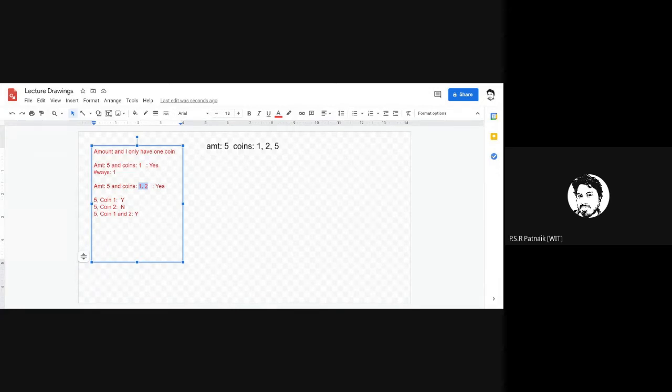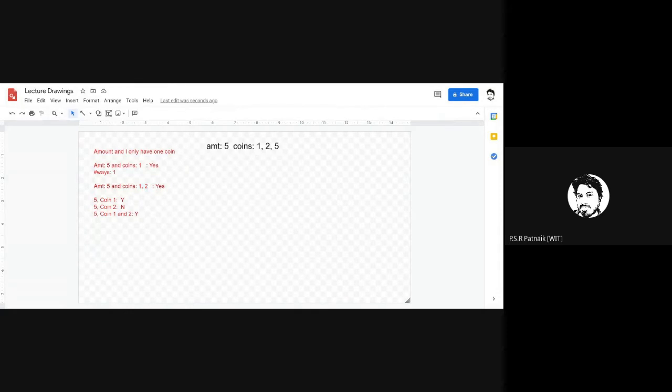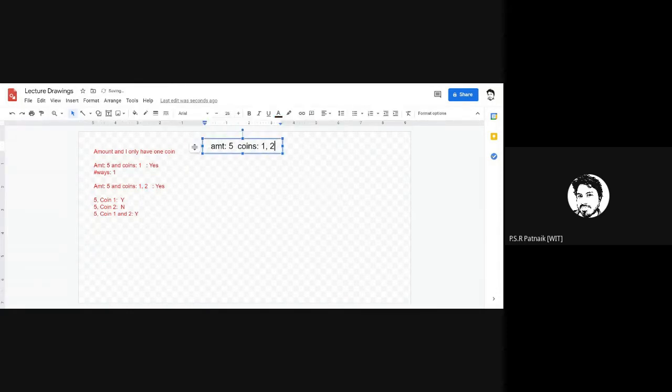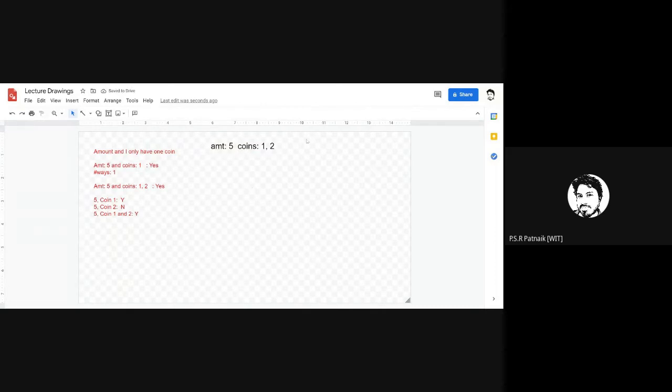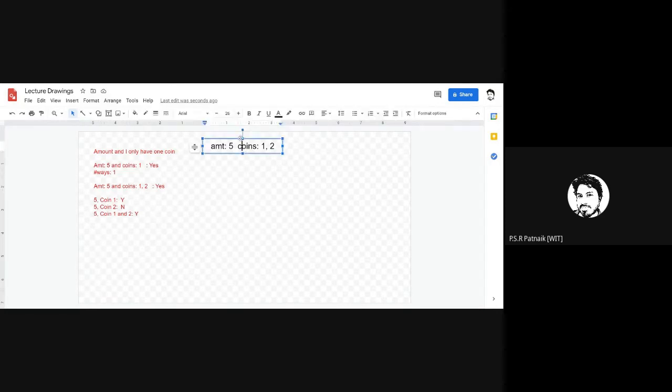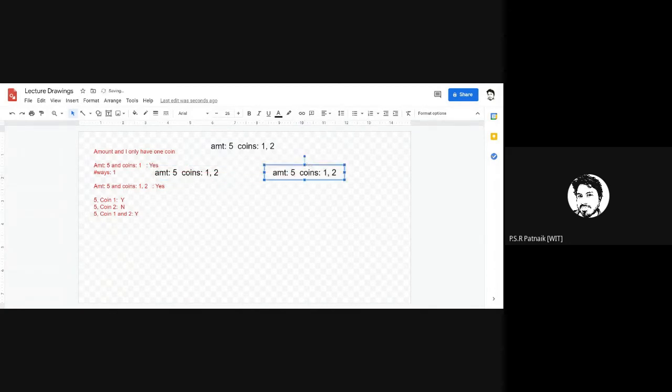So what we do in these cases is, for example, this is the problem, right? When you have 2 coins here, the available ways to you are 2 possibilities. So the 2 possibilities is the first coin.